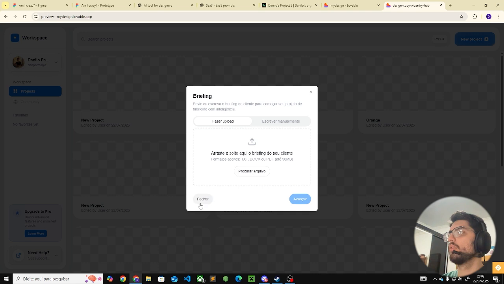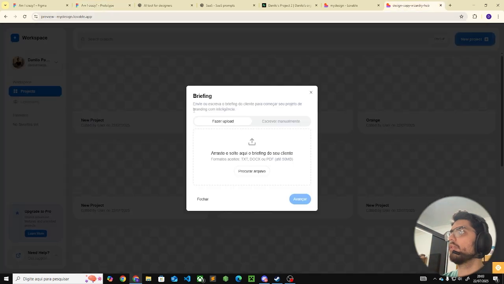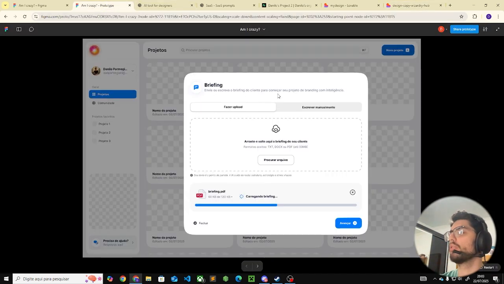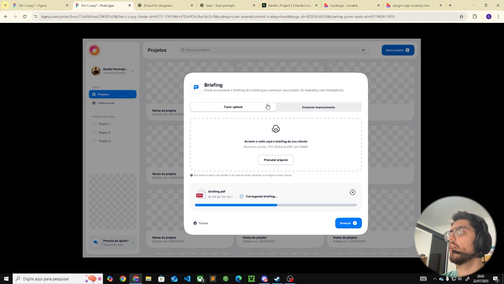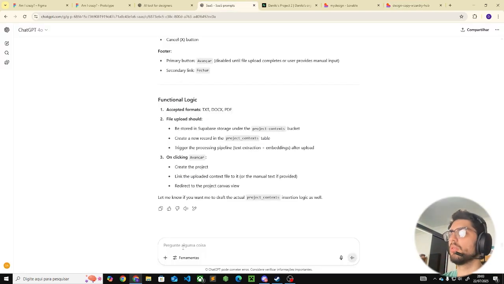Another thing is that I want the border radius to have more radius, I think. We could do the icon here, but we're just gonna waste credits. And we wanna actually have a working prototype and a working MVP really fast, so we're not gonna bother about this CSS stuff here. But since we have a few things to change here, which is the button and the border radius, I think it's worth a small prompt. So I would say now,